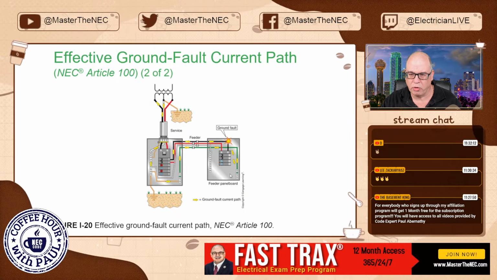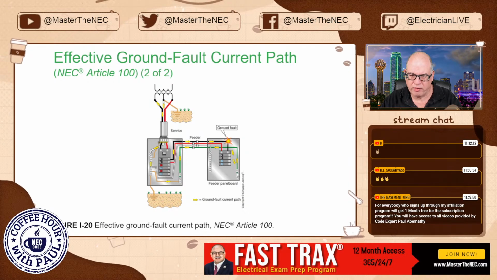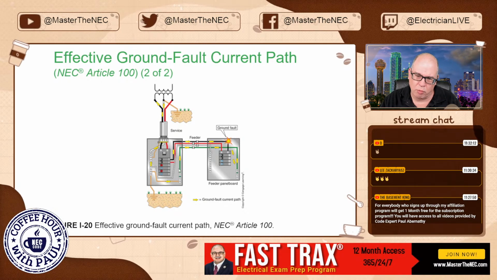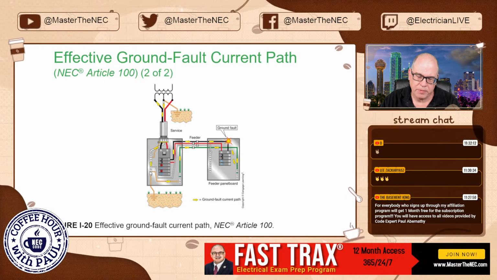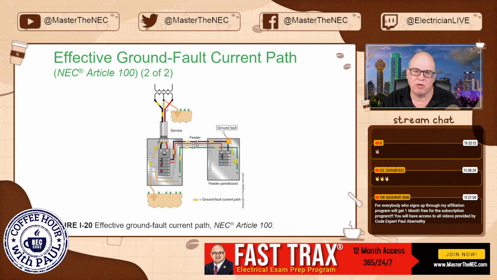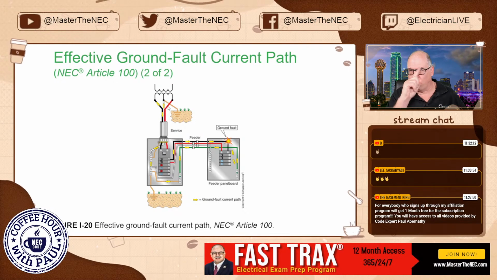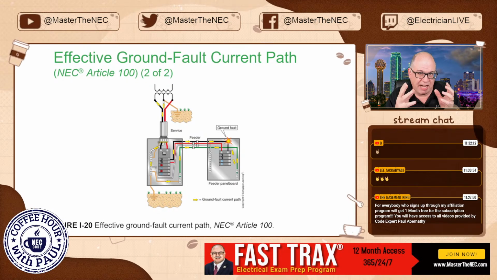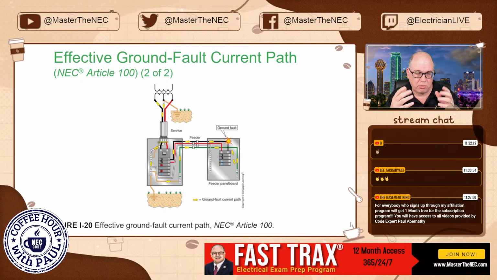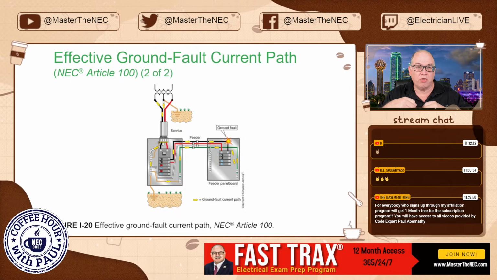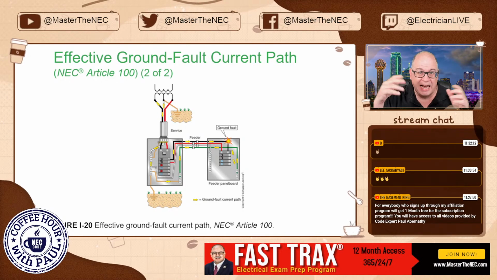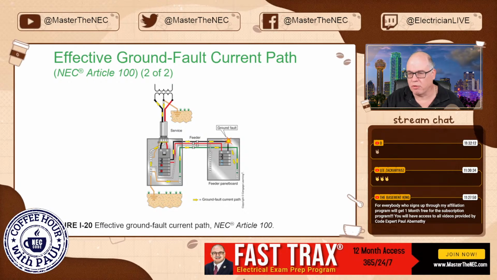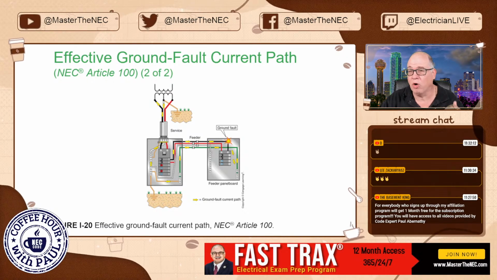That current comes through the cabinet over to this connection here, up on the equipment ground, all the way back through the main bonding jumper, all the way back to the source, and completes that low impedance path. That allows that fault current to not have a high impedance, restrictive current flow. That current goes to thousands of amps very quickly and blows that circuit breaker right away. That's how it all works.